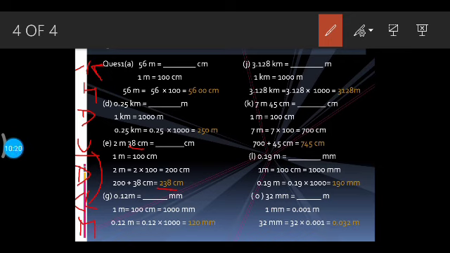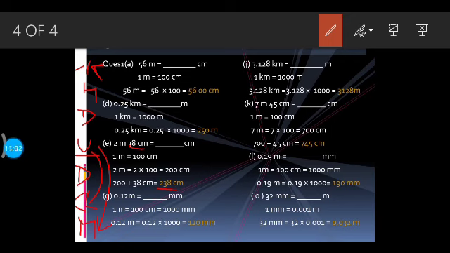Now 0.12 meter you have to convert into millimeter. Now from the base unit we have to go to millimeter. Here, how many times am I moving downwards? 3 times. Again keep in mind I am moving downwards, that means I am converting from bigger to smaller unit, right? That means again I have to do the multiplication, and this time I have to multiply with 1000. So 1 meter equals 1000 millimeter. When I multiply 0.12 with 1000, again I have to shift the decimal point right side 3 times. So my answer will be 120 millimeter.